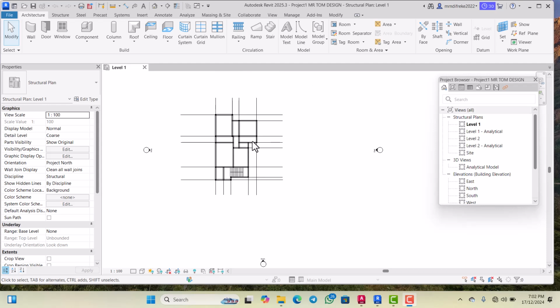So we successfully imported the DXF file from AutoCAD into Revit Structure. We want to start the modeling process. Before we begin to create the grid line, when you import your DXF file into Revit Structure,